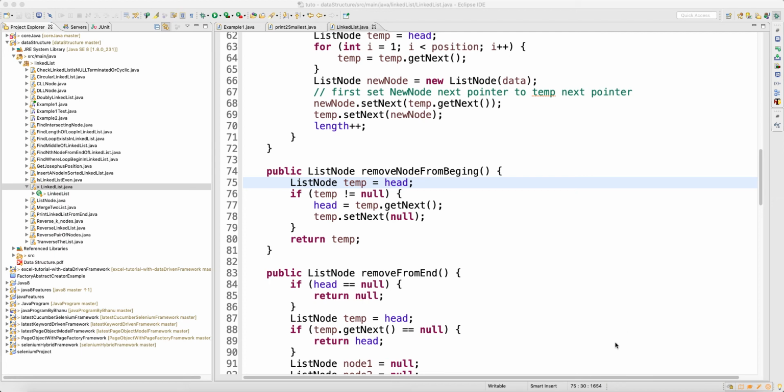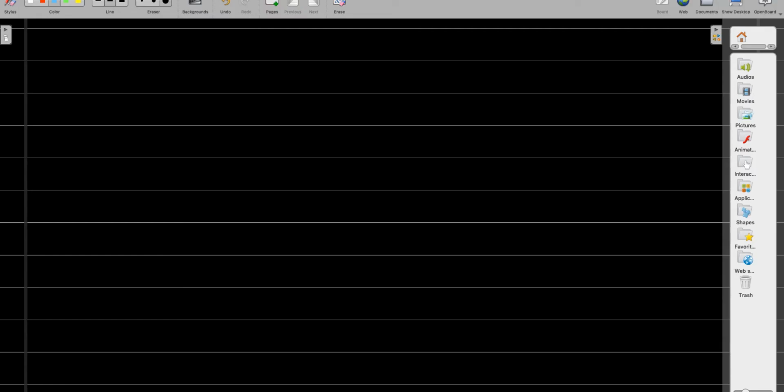Hey guys, welcome back. So in this video, I will talk about how to remove the data from the end of the linked list, right? In the previous video, I spoke about how to remove the data from the beginning of the linked list, right? So to start with, first I'll draw one singly linked list